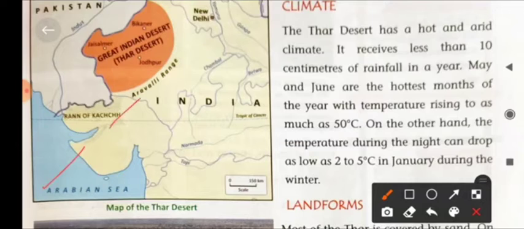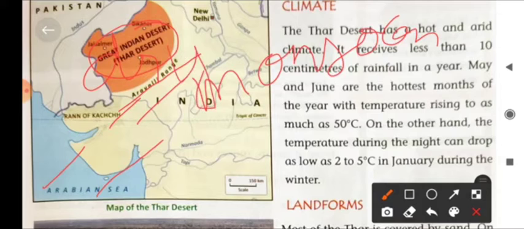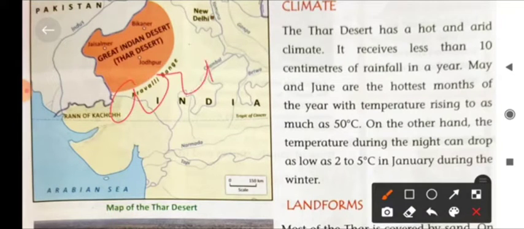far from the sea and not in the way of monsoon winds. Okay, monsoon winds: the Aravalli range is parallel to the monsoon winds. So this region escapes the rainfall, and this region is dry. So this region does not receive rainfall. It is dry throughout the year, so it is also called arid, which means no humidity